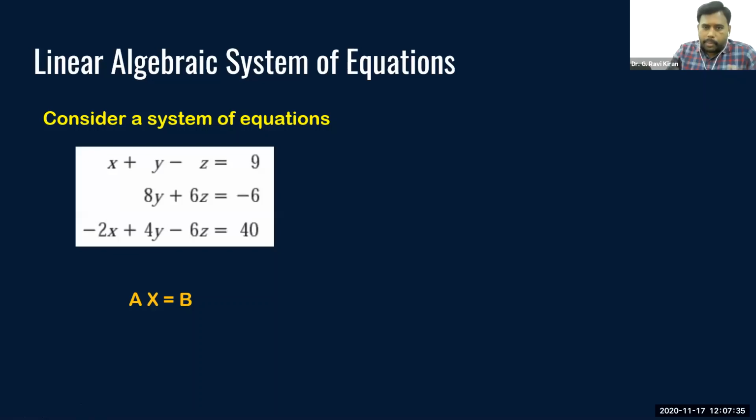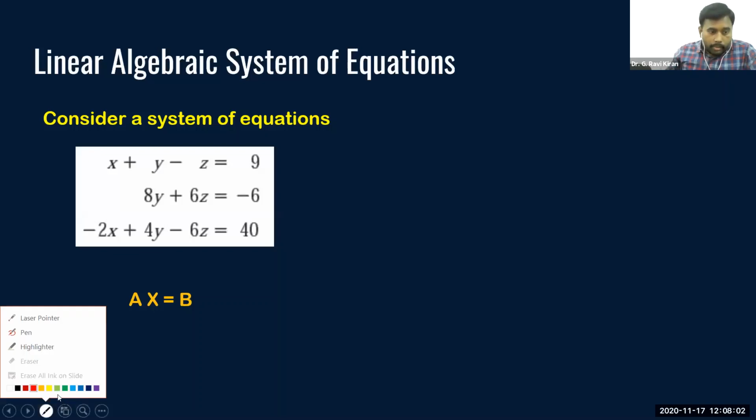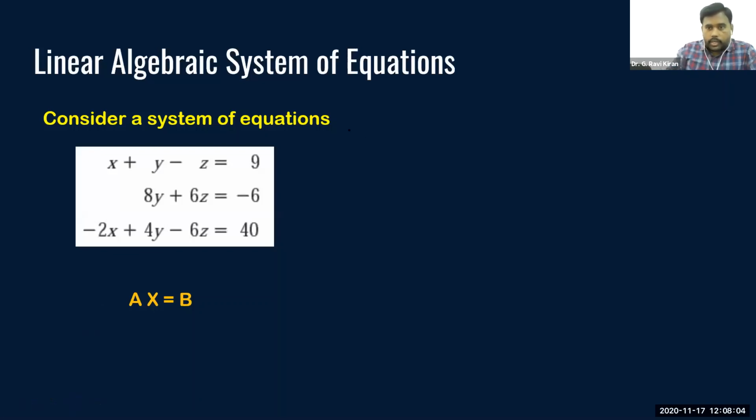Before taking a particular application, let me just take a few concepts of mathematics in which you will find applications. The first topic which I'm considering here is system of equations. So, when you are given a particular algebraic system of equations, what do you mean by algebraic system of equations? What do you mean by equation first? If you know what an equation is, then you can understand the other issues quite easily.